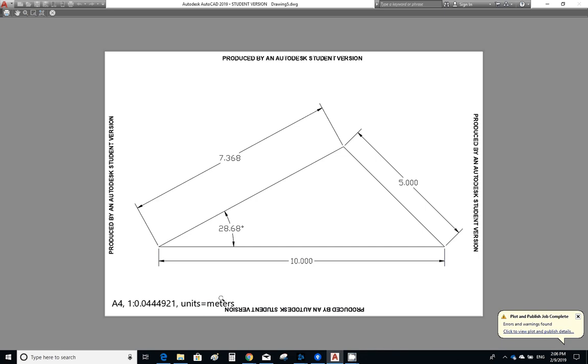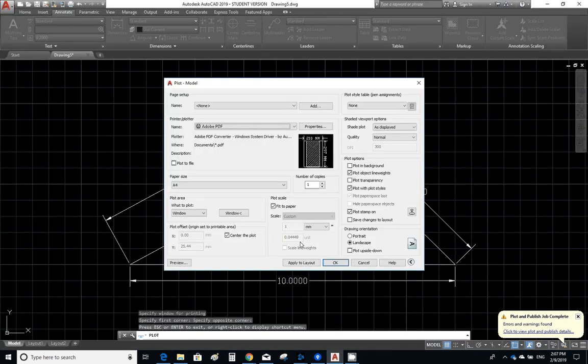This is satisfactory. If we want to change this weird number, we can close the preview, and instead of fit to paper, we can choose a custom scale. Since it is 0.0444 units, we can, for example, choose the closest full number, either 0.5, or we can choose 1. It will be smaller now. If we click preview,